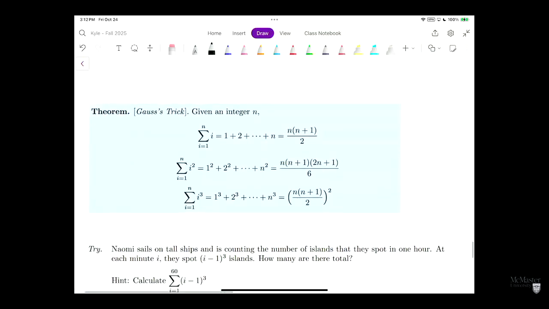Okay. Gauss's trick. All right, we didn't get to this in the last tutorial. I'm actually glad we're moving a lot quicker time-wise. Am I going too fast this tutorial? No? Okay, this is good. So, Gauss's trick. So, the story behind this one is